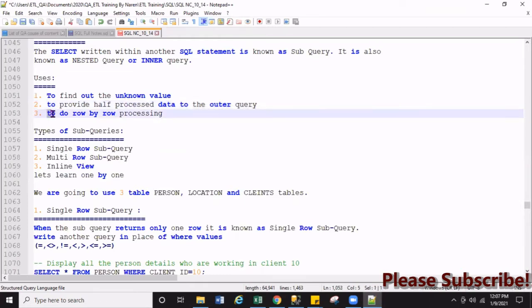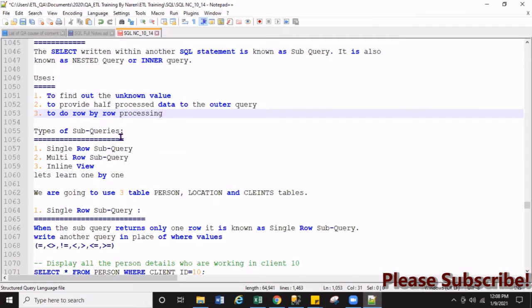It is also used to process row by row data. Whenever you use a subquery there are two queries, and the inner query always runs first. Whatever value is generated by the inner query, the outer query processes the data from that value.